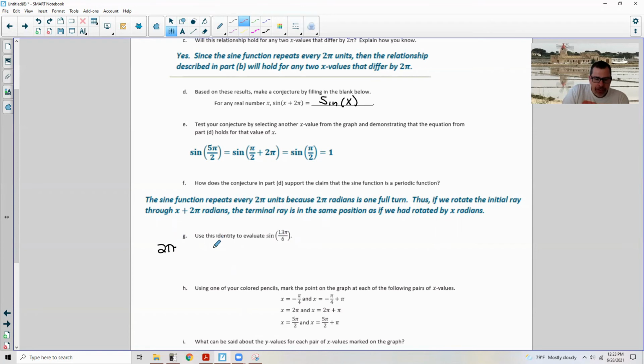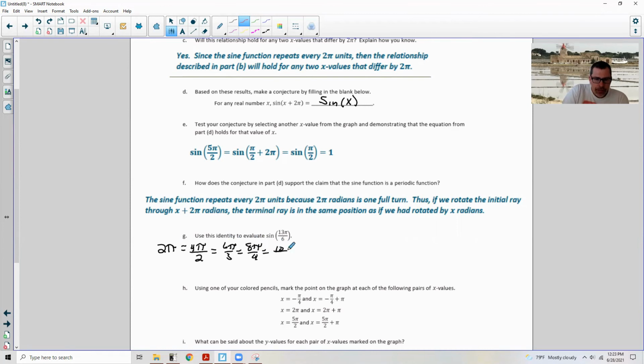The numerator has to be twice the denominator to get 2 pi. If I have pi, 2 pi is equal to 4 pi over 2, right? That is equal to 6 pi over 3, and that is equal to 8 pi over 4, which equals 10